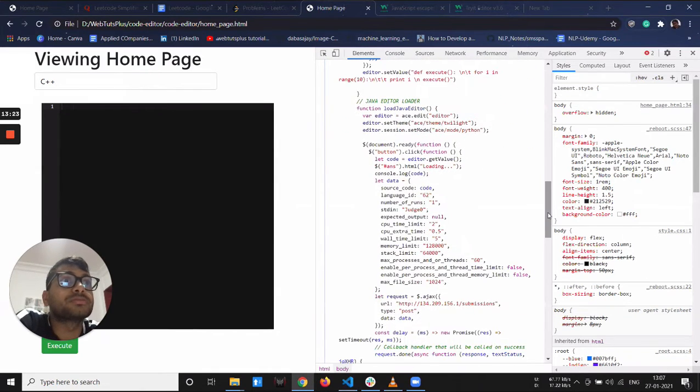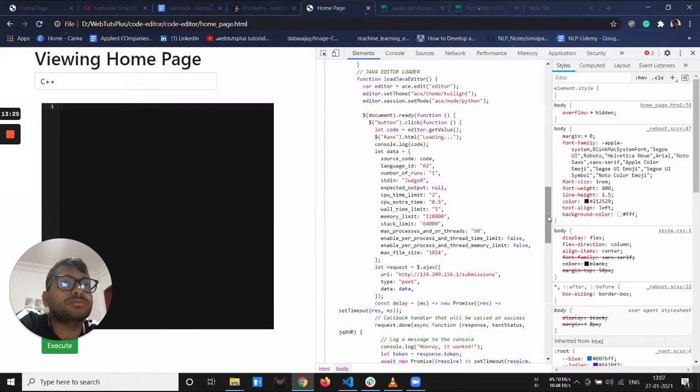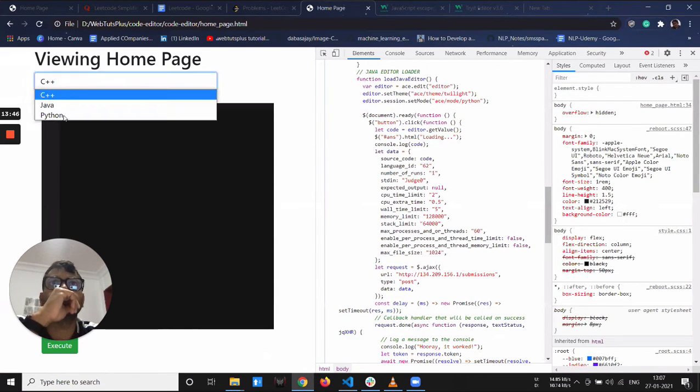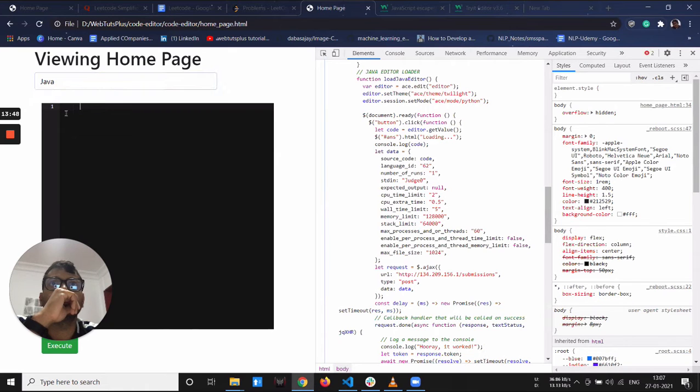It's not there, right? So the code is compiling. The problem is the code is not showing. But if you type something and execute, will it work? Let's try.